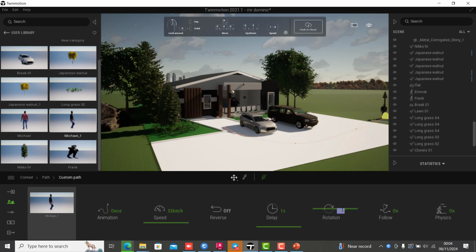So you actually need a very good system to be able to achieve a very great result for every rendering software you want to use. It's important you have